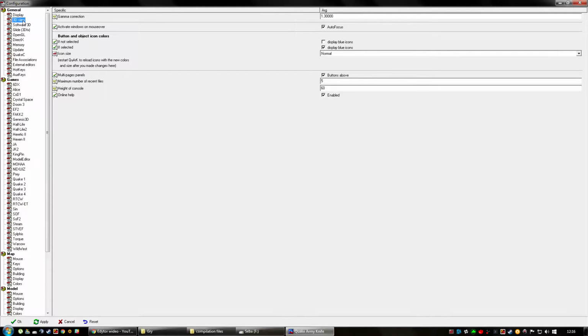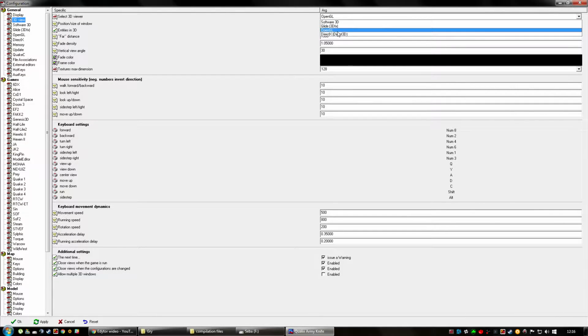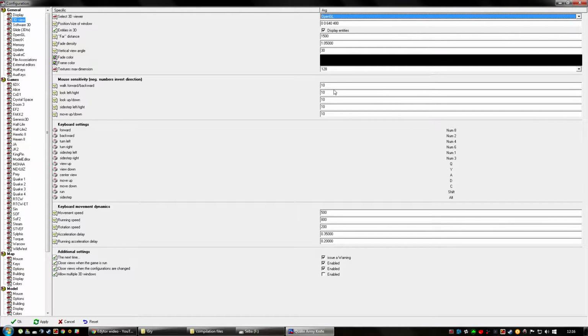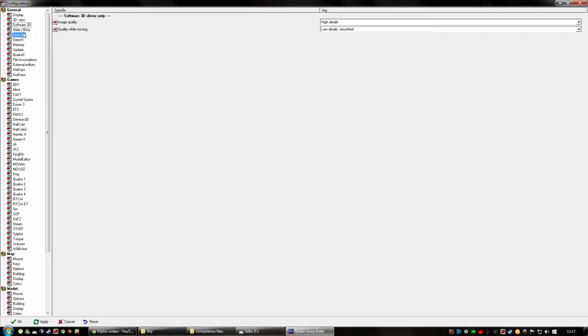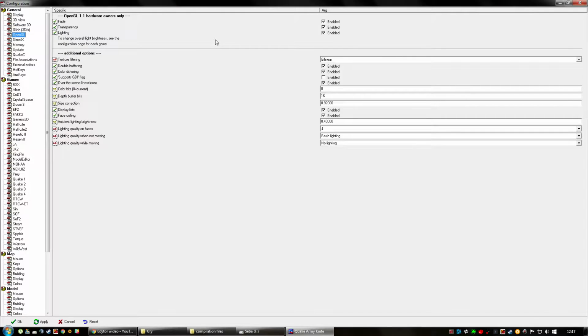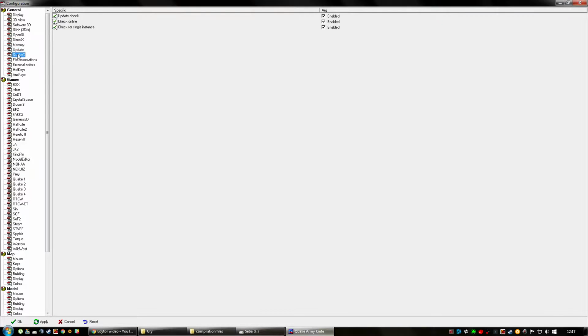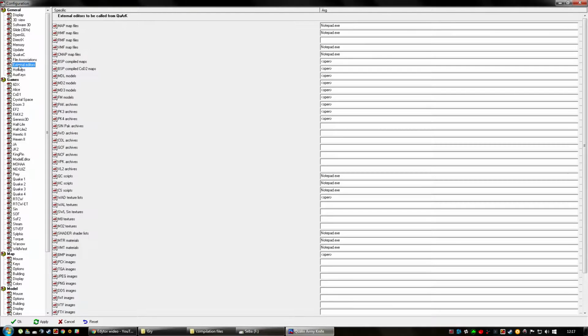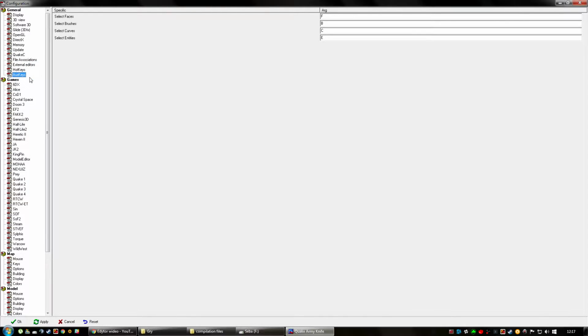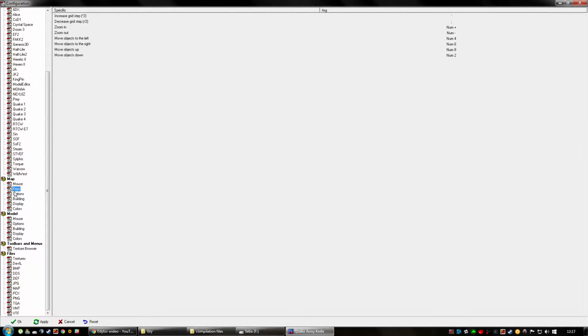Now we need to go to do some options like 3D view. We want OpenGL. I think nothing more. You can change the color of the vacuum space, speed of the moving cameras, software no, OpenGL. I didn't change anything here. Nothing here, nothing here, nothing here. And you go straight to the